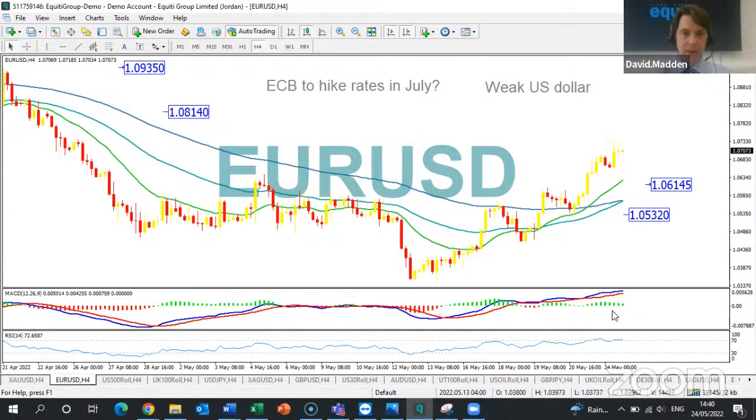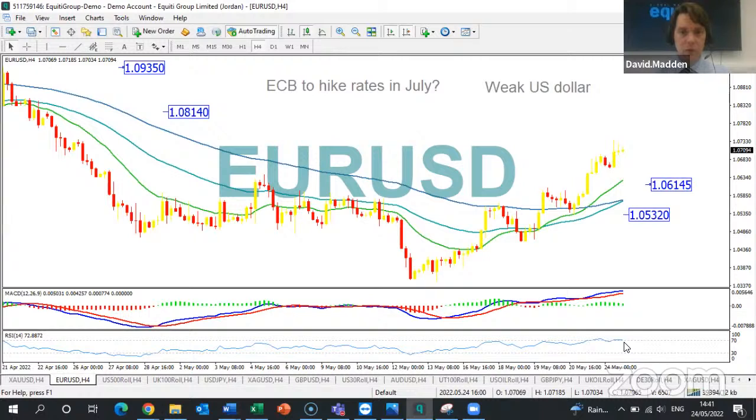It is worth noting, though, that although the price of the currency pair has been moving higher recently, if you take a look at the MACD indicator, we can see that momentum is in positive territory, but positive momentum is in decline. So it's almost as if the bulls are running out of steam. Looking at the RSI, we can see that it's in overbought territory, so the upward move is kind of overstretched. These two indicators could be telling us that a change in trend might be in the offing. There are no guarantees, but this could be the case.